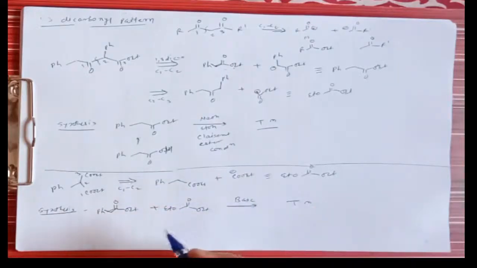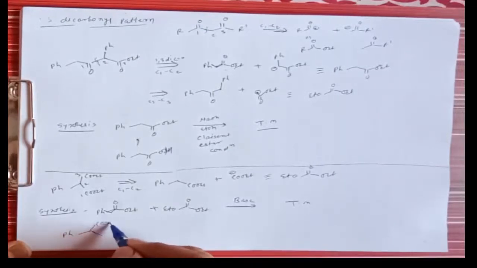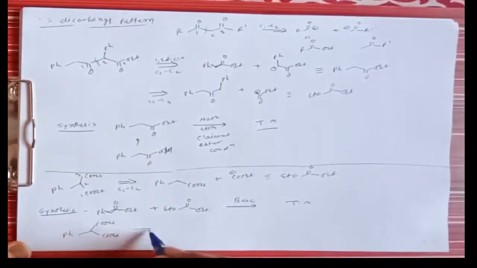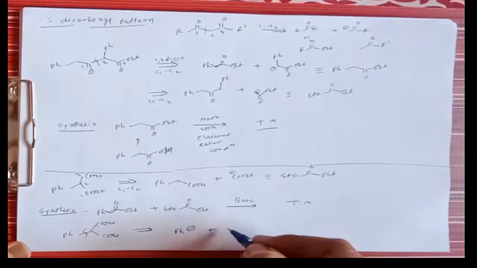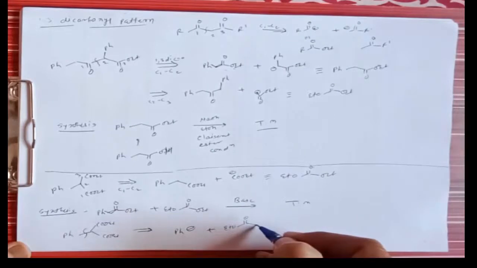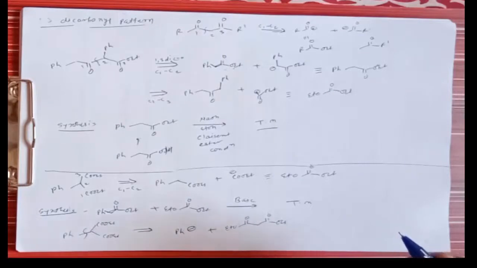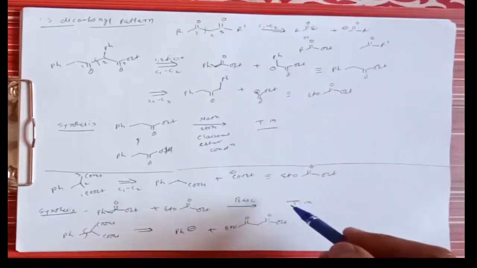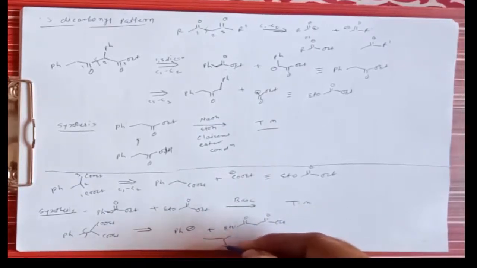Then if you go for another route, there is this target molecule, COOEt, COOEt, and if you break this molecule at this position, instead of going by the 1,3-dicarbonyl pattern, it gives Ph minus and plus, it gives the formation of EtO, then C=O, then CH2, C=O, OEt, right? But if you go for this synthesis, this target molecule is a good synthetic equivalent for the synthon, that is PhCH2COOEt, and therefore if you go for the activation, the condensation of these reactions is not possible.